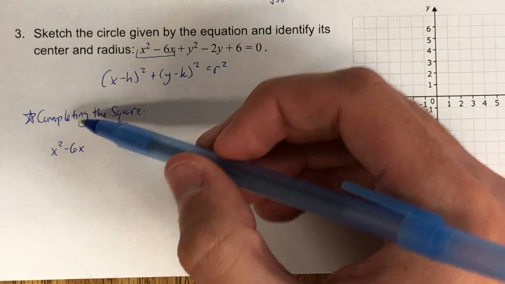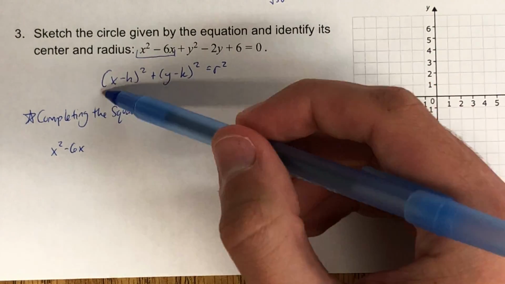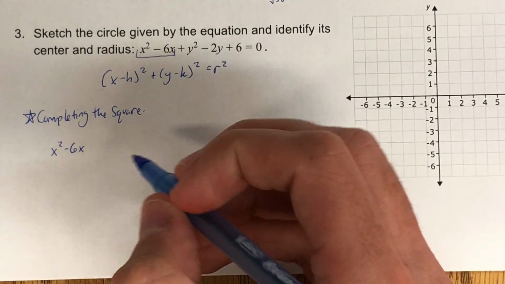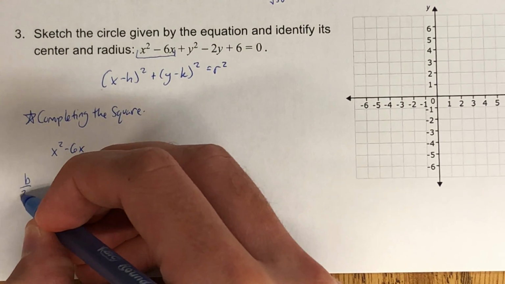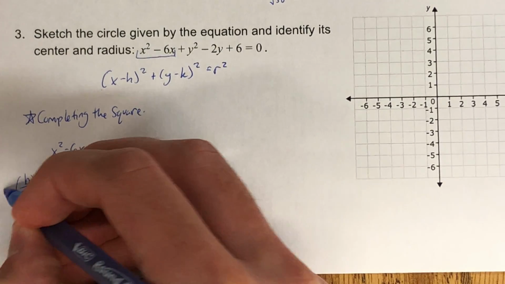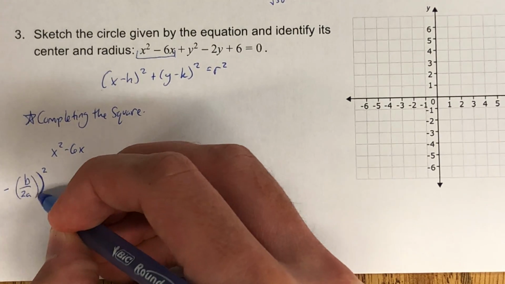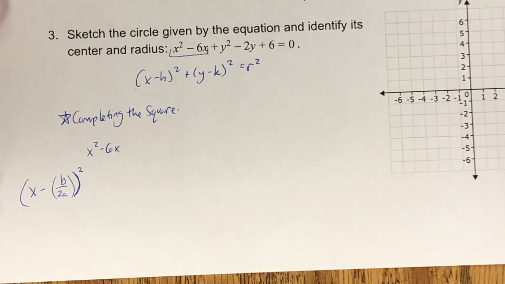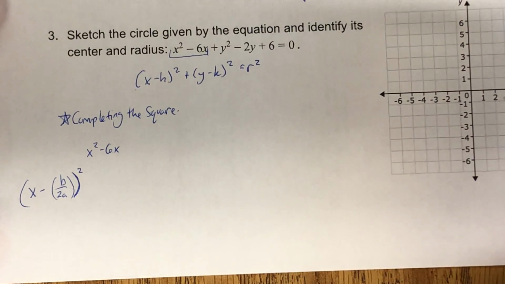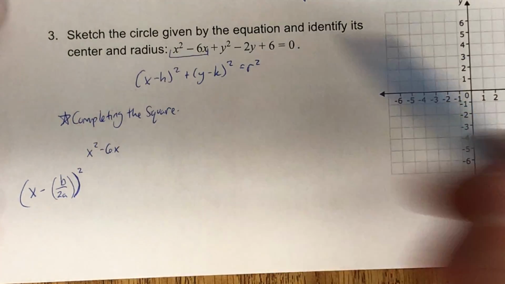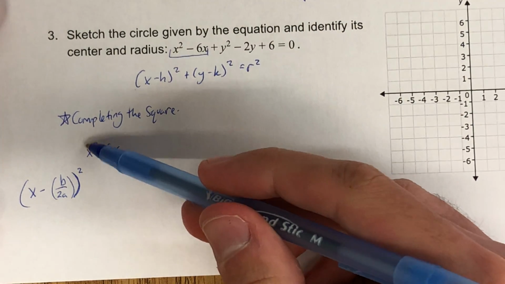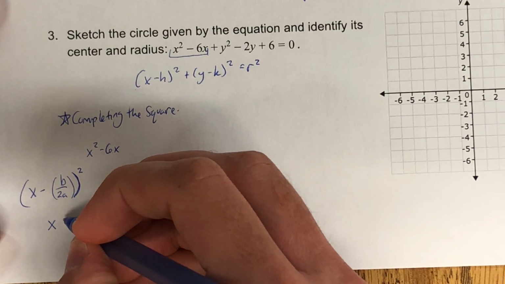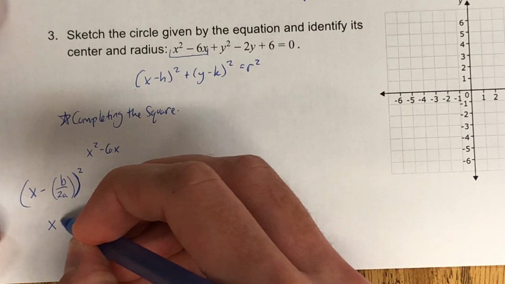If we want to complete the square or write this as a product of squares, the process is it will be written as x minus b over 2a squared, where b represents your value with x, and a represents your value with x squared. So in this case, it would be x minus